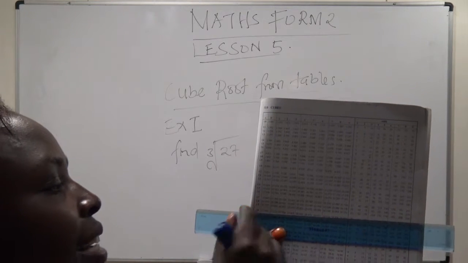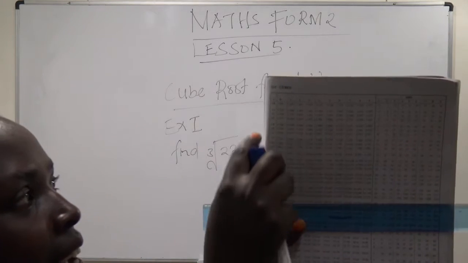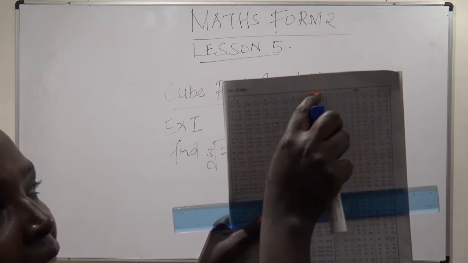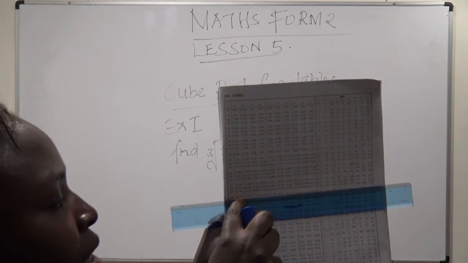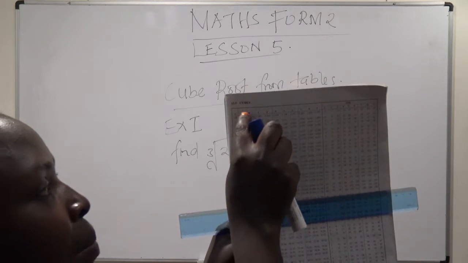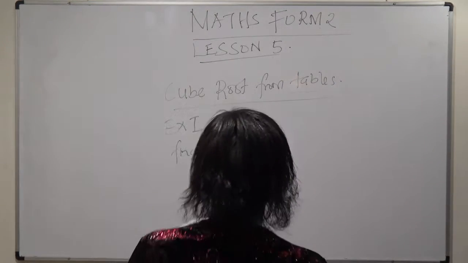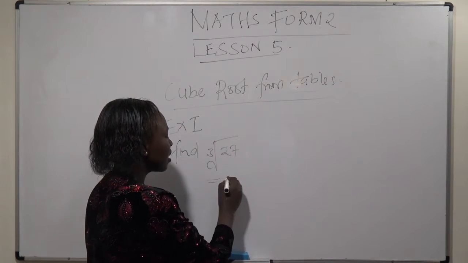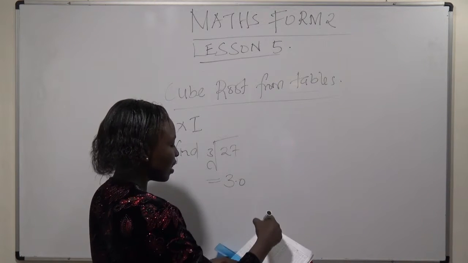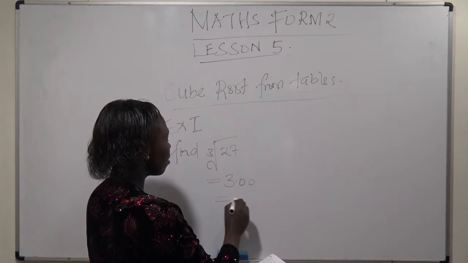So that number, I'm going to read it. I start with the x column, then followed by the number on that row. So where 27 is, the number I have here is 3.0, and the other number up there is 0. So what does that tell us? That tells us that the cube root of 27 is, you see, in the x column it is appearing to be 3.0. Then the other number on the top there is 0. So this is equal to